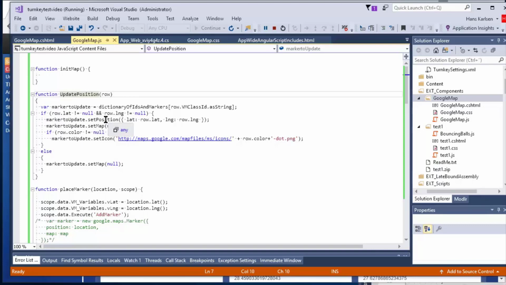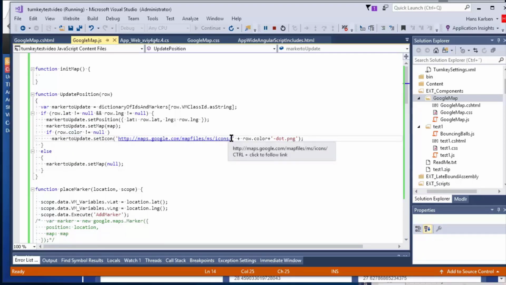That won't change necessarily, but it's easier for me to just have one update than one for each property. So marker to update, set map, okay. And if there's a color, if it's not null, then we do set icon to